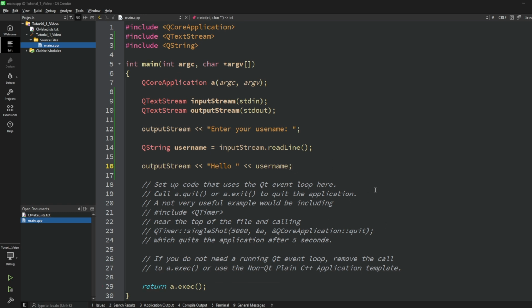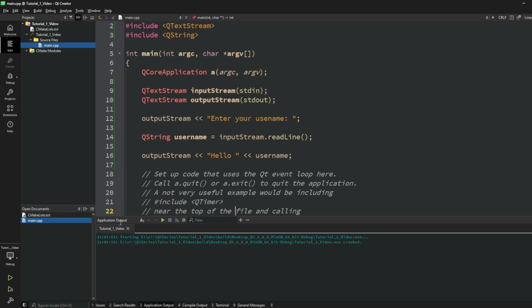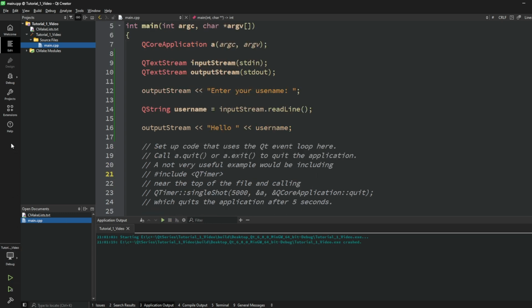Okay. Now, if you try to run your app, let's try. As you see here, application output, and you really get nothing. I mean, even the terminal didn't open. What is happening? So we have a couple of mistakes, and the first one is that if you work with